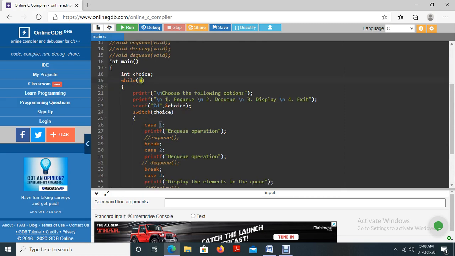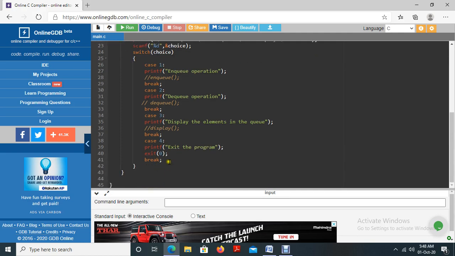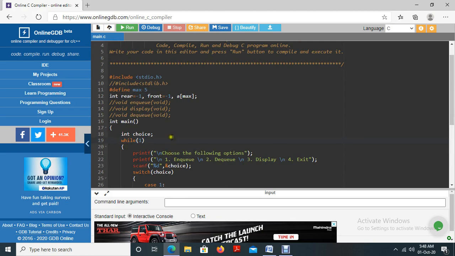So the program will take the value 0 instead of 1 to the compiler, saying that the condition is false. So this is a concept. To make this work perfectly, we have to add a header file, stdlib.h. Otherwise it will return an error.